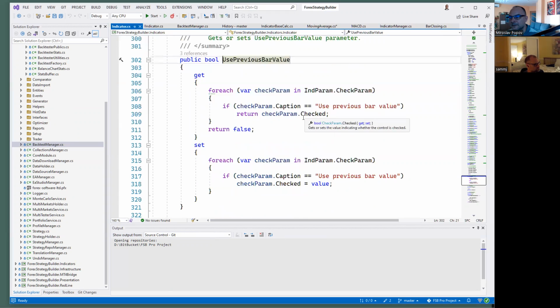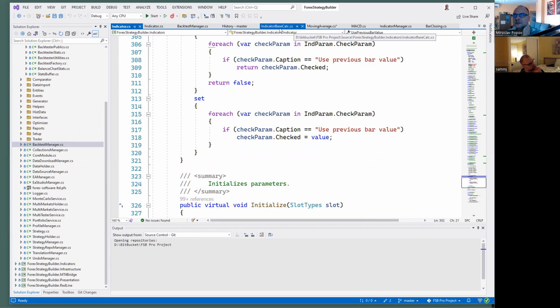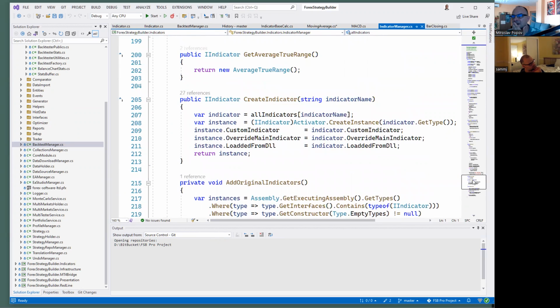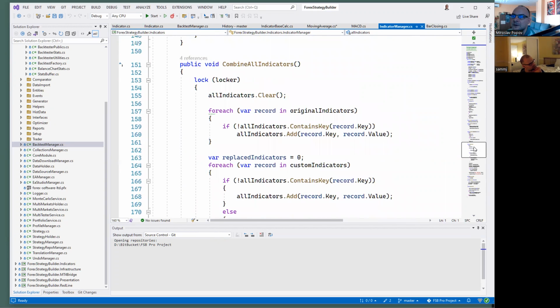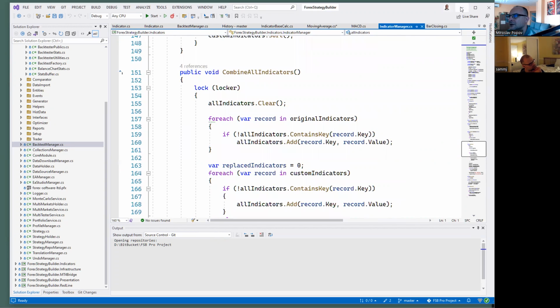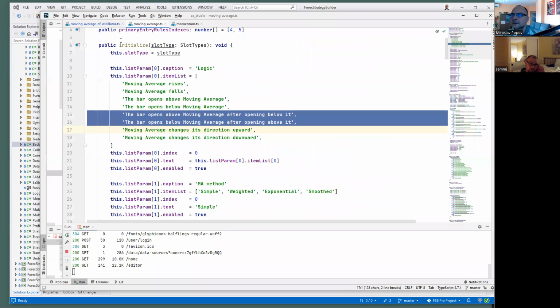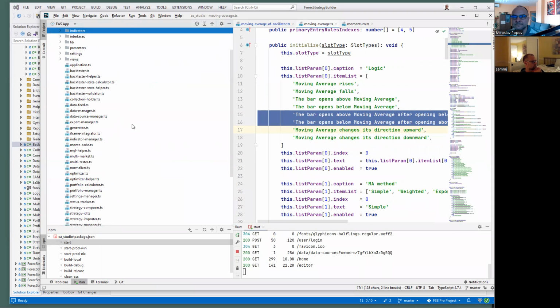check param. No, it only returns if it's checked or not. But who actually checks it? And where is it? Is it in the indicator manager? Probably it would be easier to find where it can be. I don't know how to search here in the code. Let's show in ES Studio, it is much easier. In ES Studio, it must be somewhere in the